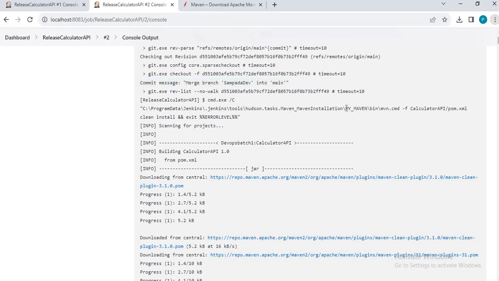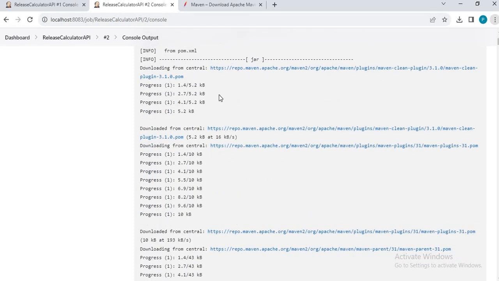And then my Maven, see here, is the Maven installation we had configured, and this is the POM-XML location we had provided, and this is the Maven goal we had asked it to execute. First we asked it to clean the target directory and install the Maven library.